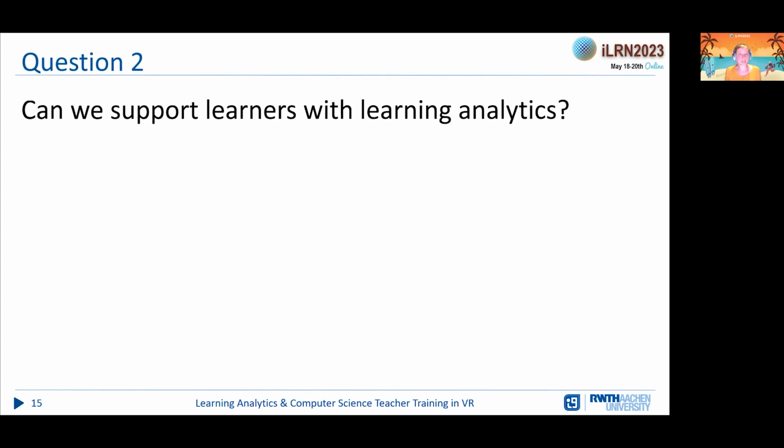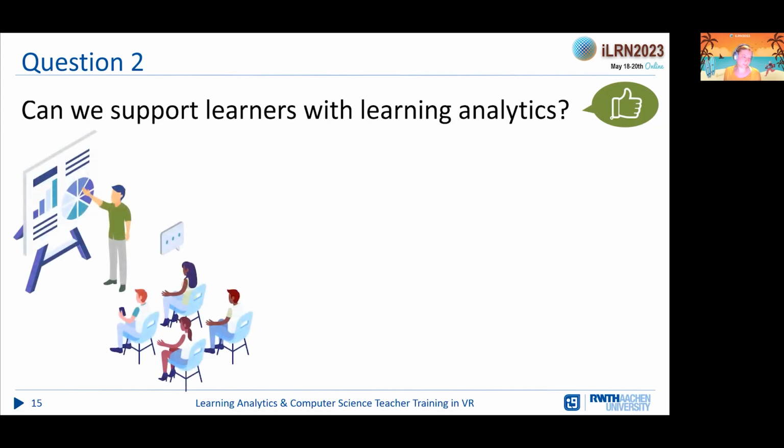The second question was, can we support learners with learning analytics? It's not the best research question because it's a yes and no question. So cut it short, yes, we can support them, but the interesting question is how can we support them? And because you already heard, the observation was that some of the students told us that monitors give the possibility for the virtual students or for real students to hide themselves from teacher view. We thought we should check eye tracking. So we focused on eye tracking first.